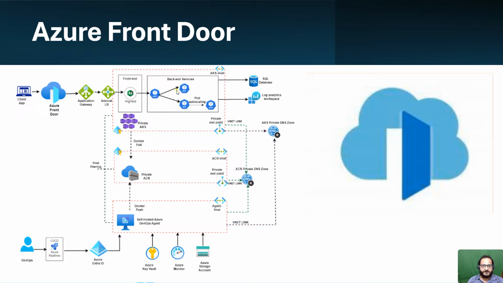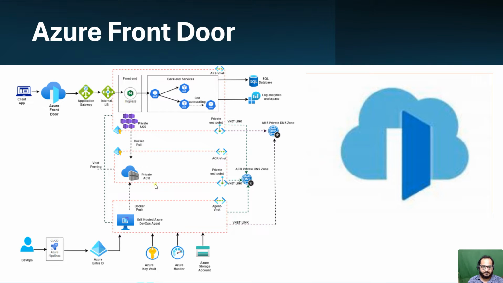Let me give you a very brief overview of this architecture and what we are supposed to do. Basically, we are deploying a web application on an AKS cluster. For that, I have created three virtual networks. The first is the AKS VNet, the second is the ACR VNet, and the third is the Agent VNet. In each virtual network I am creating some resources. For example, on the Agent VNet I am creating an Azure virtual machine which we are going to use as